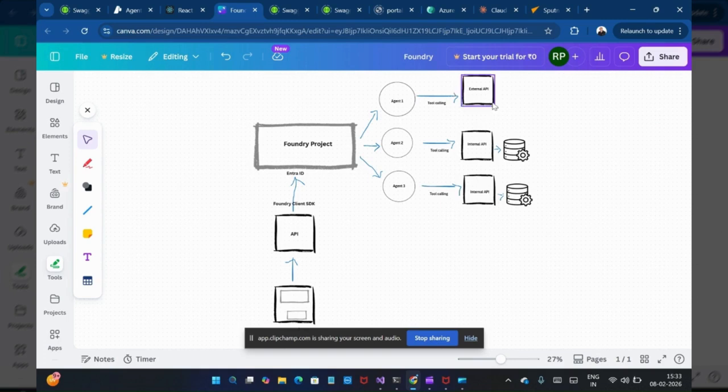So here you can see that there is an external API, and there are a couple of internal APIs that I have configured to be used by agents. Usually, a business function might require a single agent, or a combination of multiple agents to achieve different business functions. And once you have created the project and configured agents connecting to various APIs, once this is done, you can